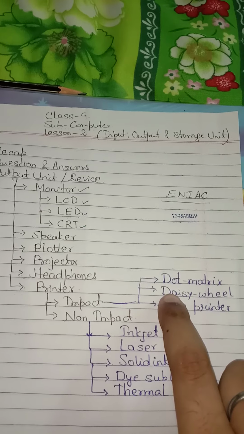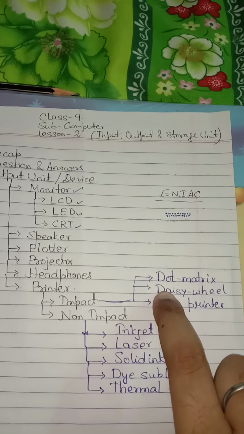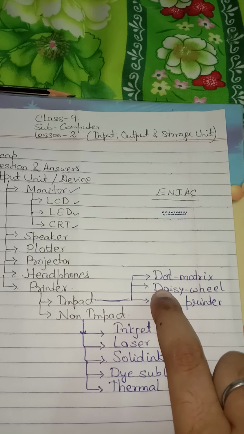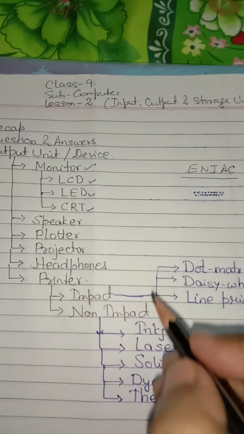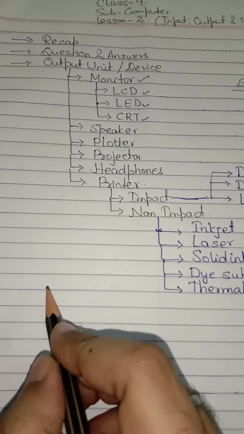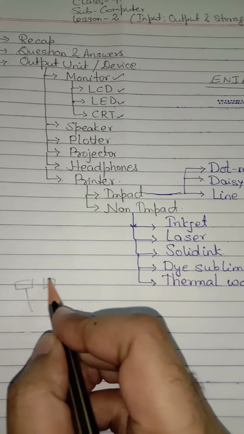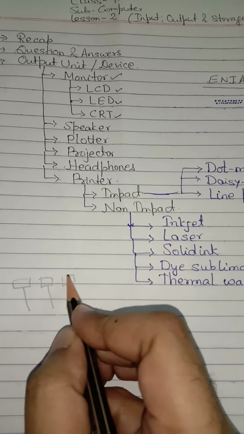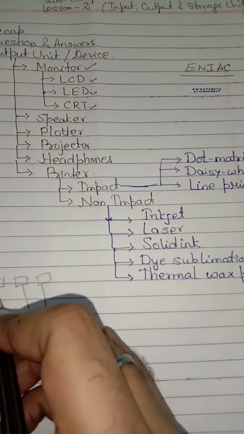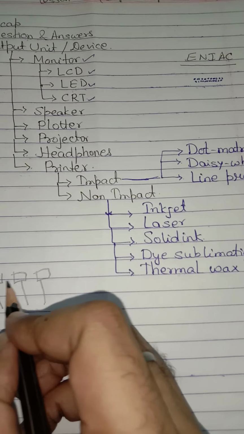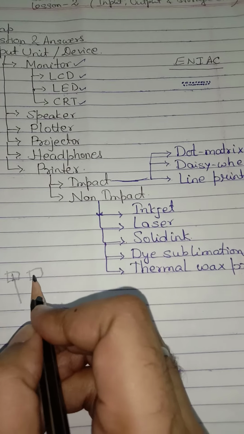Next we have daisy wheel printer. It works just like a typewriter. The print head here is composed of several plastic wheels that are cut into petals. Each petal forms a letter, number or punctuation. Say suppose here it is 1, A, here it is A, it is 1, it is comma.